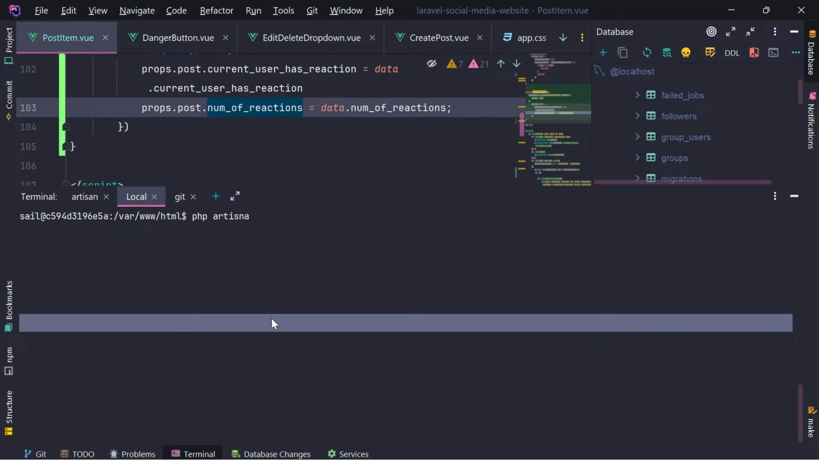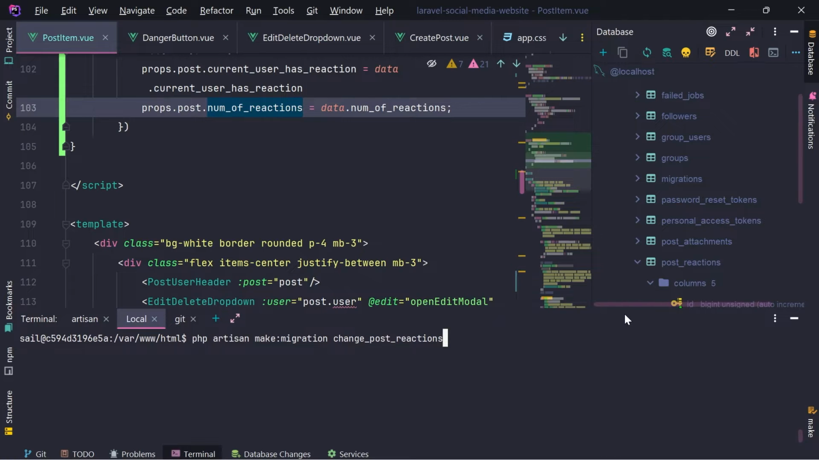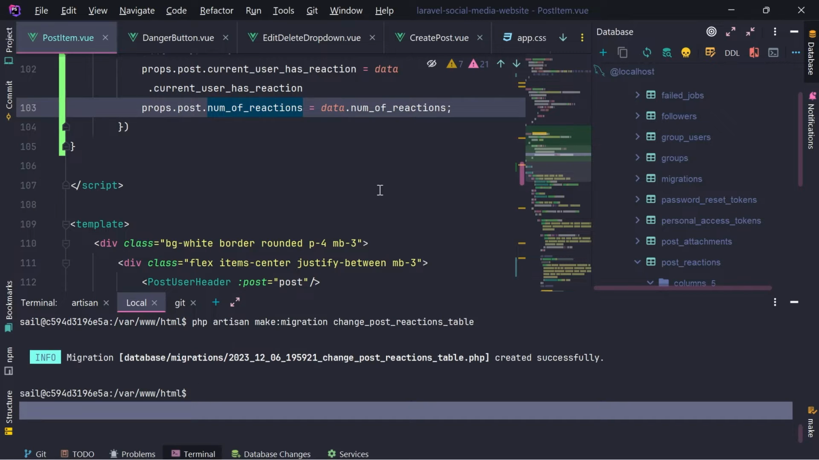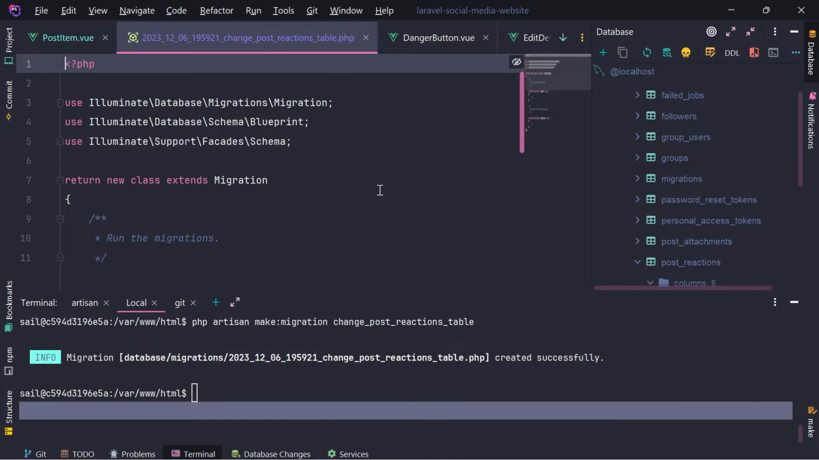php artisan make:migration change post reactions. Actually, even the table name is specific to post, so we should probably change this into just reactions. Change post reactions table. Let's open the change post reactions table,